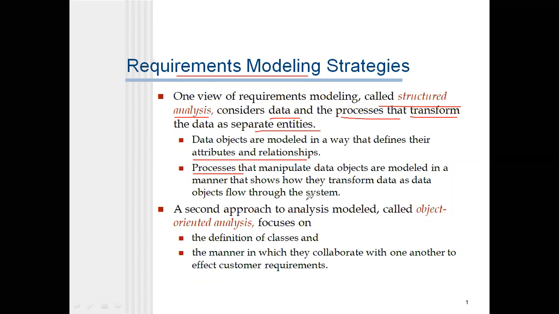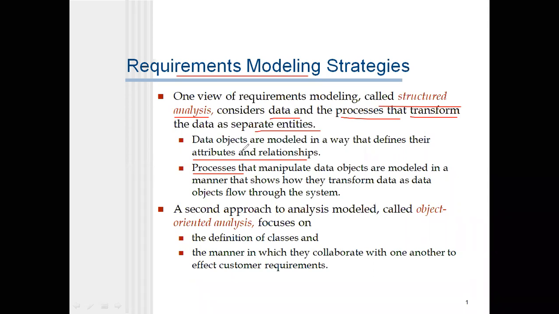Which kind of operation we are going to perform is based on the problem statement, right? This kind of requirements modeling analysis is called data modeling. This is the concept of data modeling, one of the requirements modeling concepts.